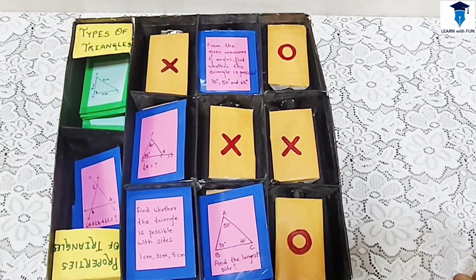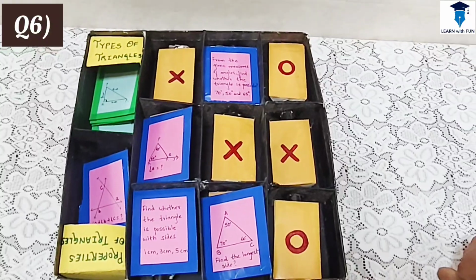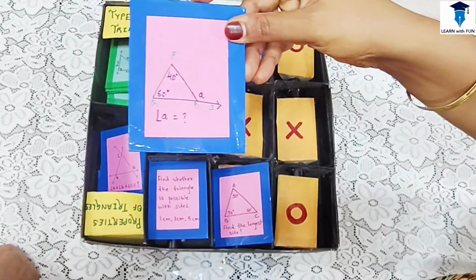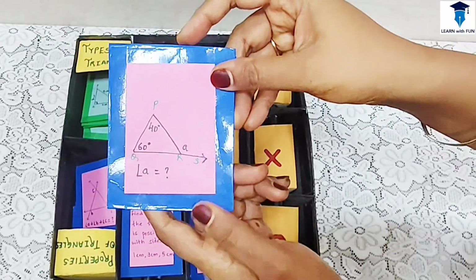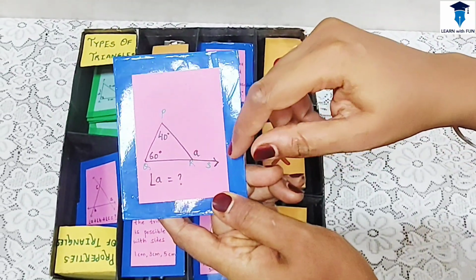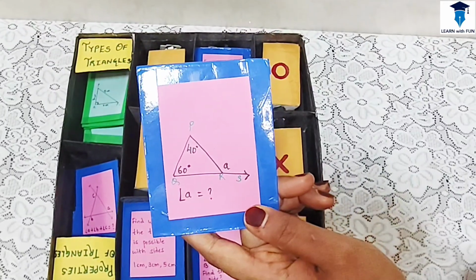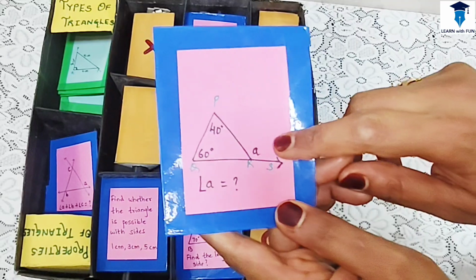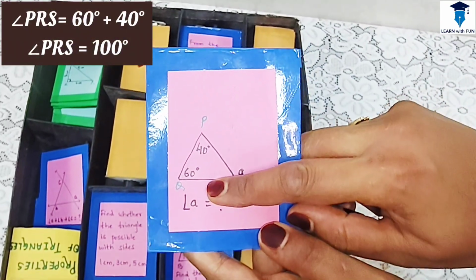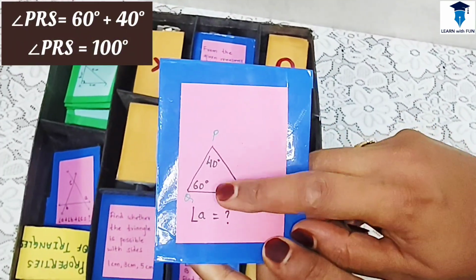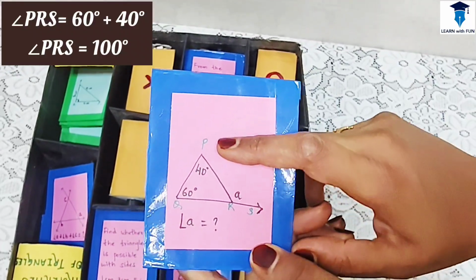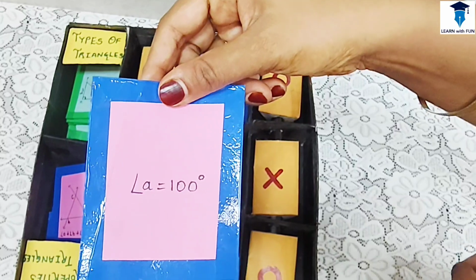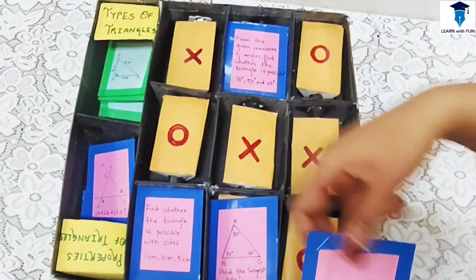Now let's move further. It's time for 0 to place. Now he knows x is getting formed here. Definitely he will place this part. Here in this it is given that in triangle PQR, angle PRS is the exterior angle and they are asking you the measurement of exterior angle. So definitely he will say that exterior angle will be how much? Sum of the remote interior angles. So 60 plus 40 is going to be 100. So thus exterior angle PRS will measure 100 degree. Is it right? Yes, it is right. So your 0 will be placed over here.